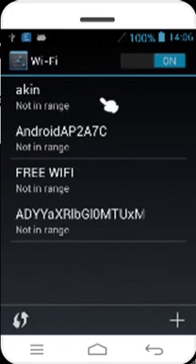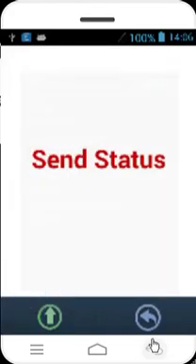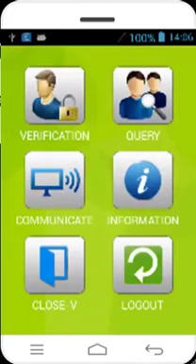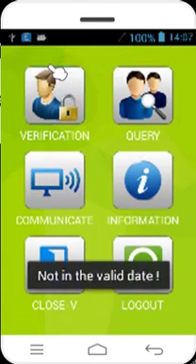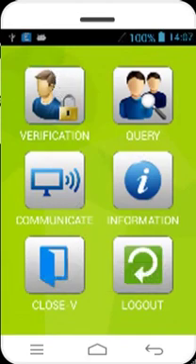But for the purpose of this particular tutorial, I'm not going to run through that. It is expected that we have a pre-configured internet source before we engage that particular app. So you simply tap on escape key to leave this interface. The escape key is the ESC key on the smart card reader, and then click on the back arrow. We return to this interface. Now we use this verification icon to access the